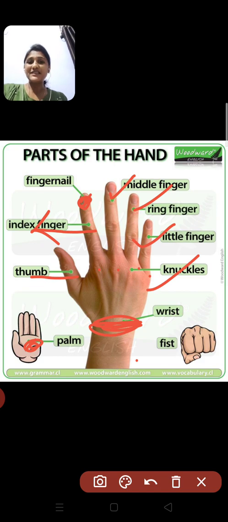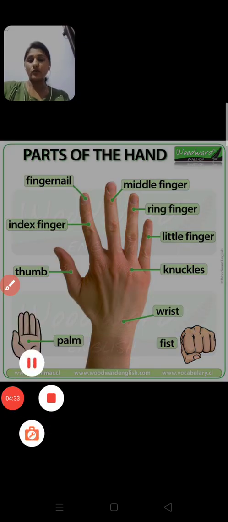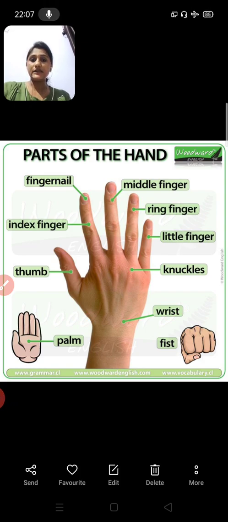Okay, so children, I hope you have understood what is the difference between hand and the whole part starting from the shoulder to your tip, right? So this is all about the topic. I will send one page to be written in the notebook related to the content, related to the parts coming under your limbs, that is your hands. Legs we will study later on.